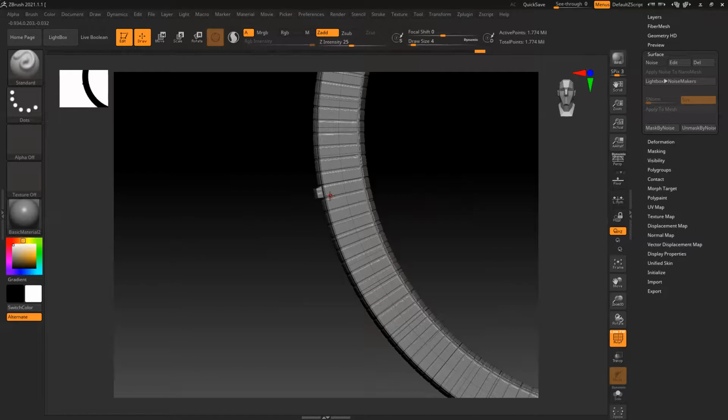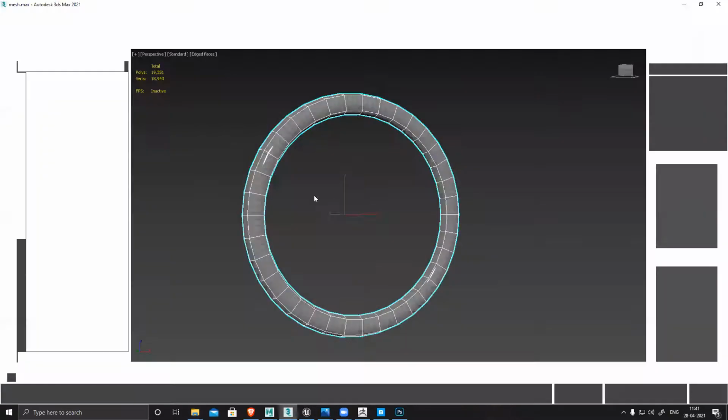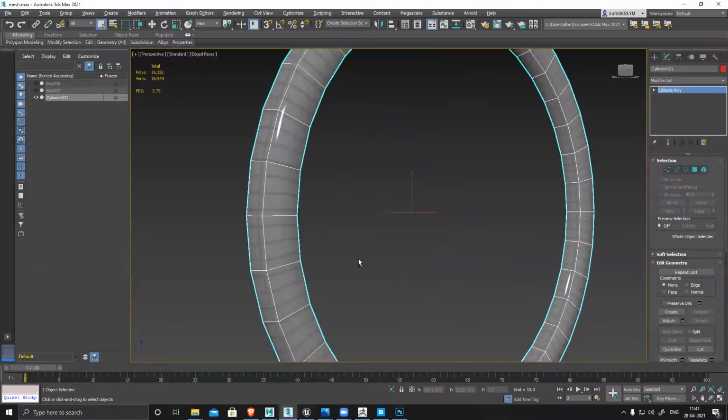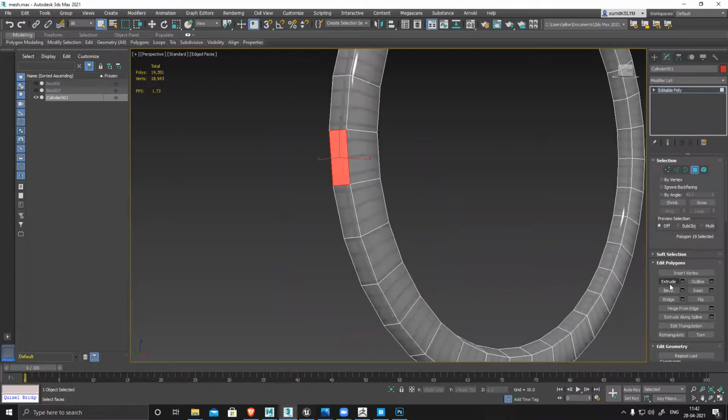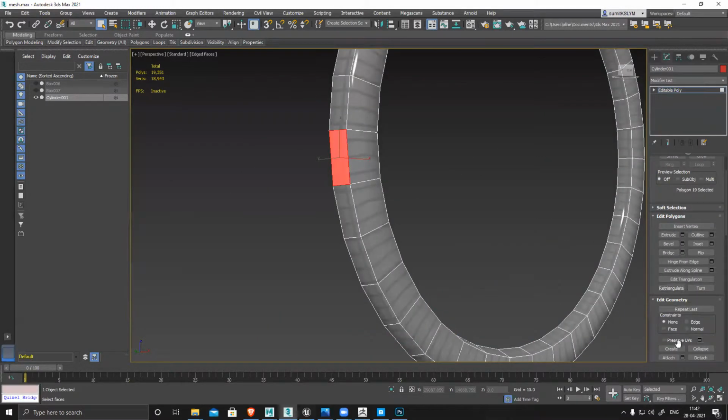But sir, the unwrapping process will be the same, right? Exactly the same. Make sure everything is straight, and the easiest way to see your output is to simply apply the texture in Max directly. Make sure nothing is stretching. Like suppose I have this box, this section. Where is my inset?